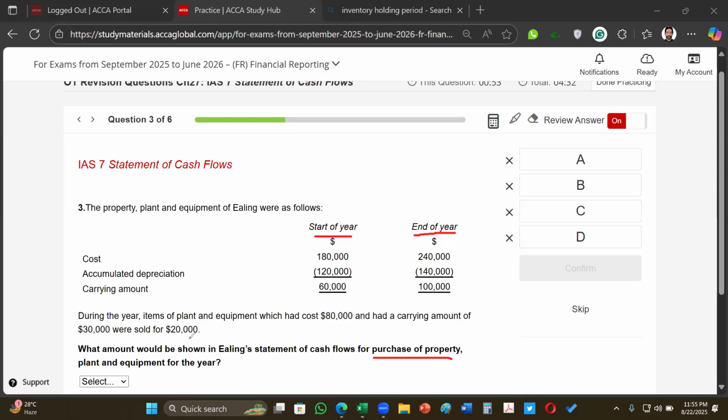They have given us this much information that at the start it was 180,000. And we sold one of the assets that had a value of 80. So if we take away the 80 from here,